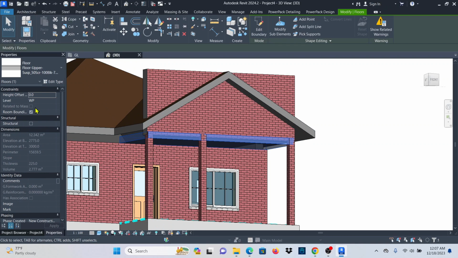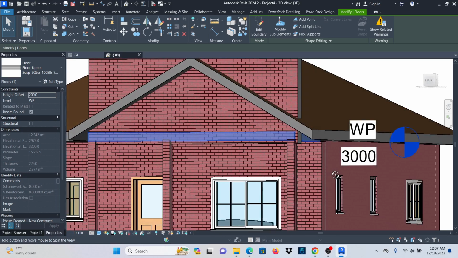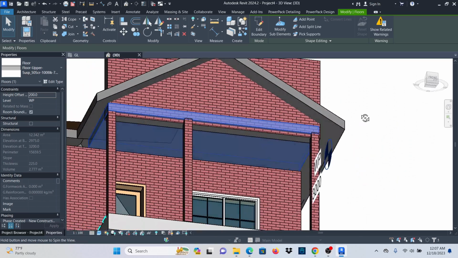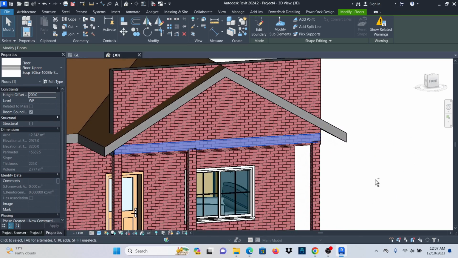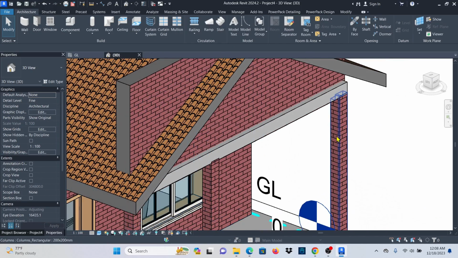Okay, let me select on it. Height offset, because I want to offset it from the wall plate, maybe 200. Move inside like that. Okay, looks okay, so that it can touch this one here. I think it's okay the way it is, but I'll just try to make sure that I